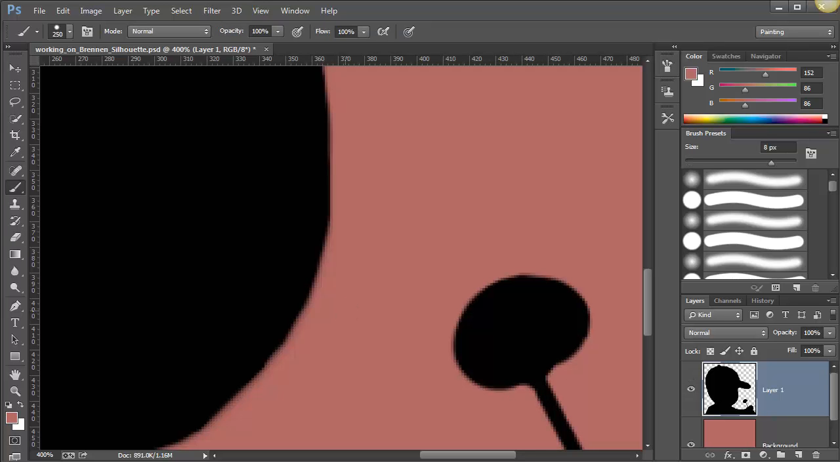Let's paint in a little bit more black. So we turn on the paintbrush, make it a smaller brush size. Gotta have the right color on top, so we just press X to get white up. And that's not what I want to do, I'm sorry. D for black. And so